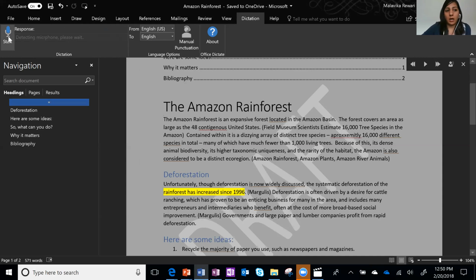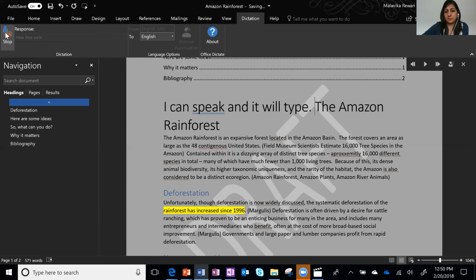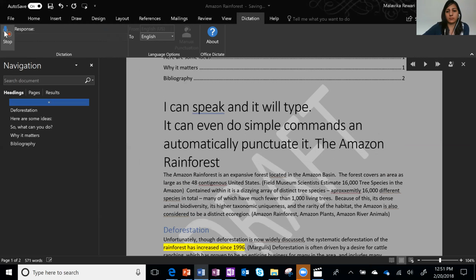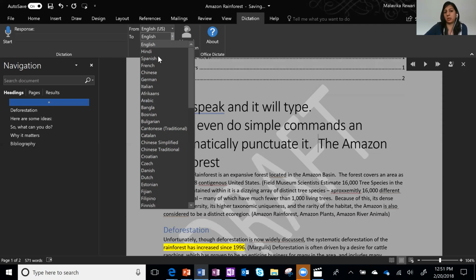So I can speak and it will type. New line. It can even do simple commands and automatically punctuate. So that's amazing. Another application of AI that's just typing as I speak, and it can translate on the fly.